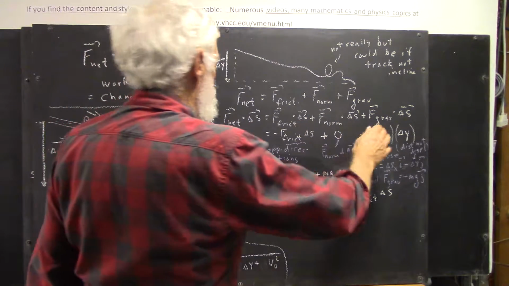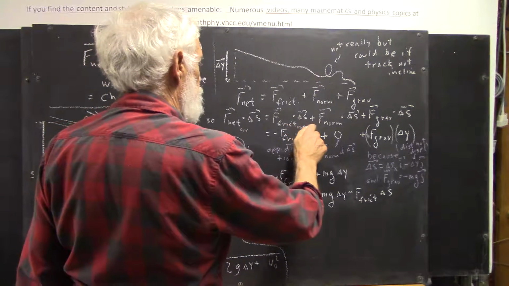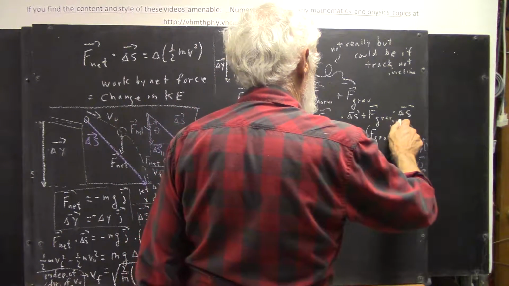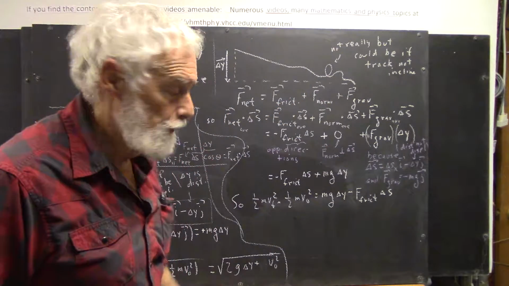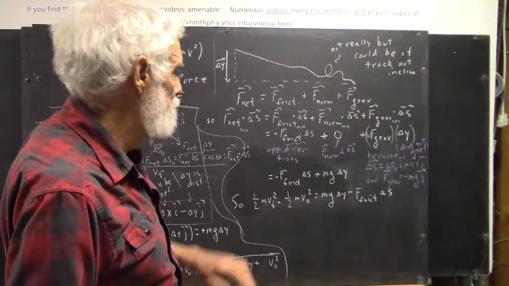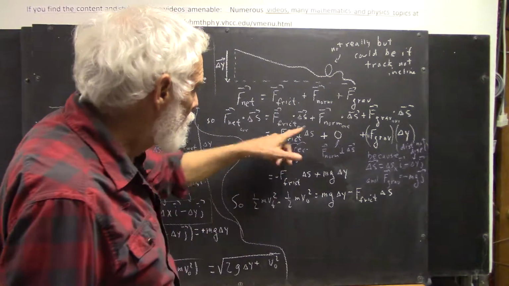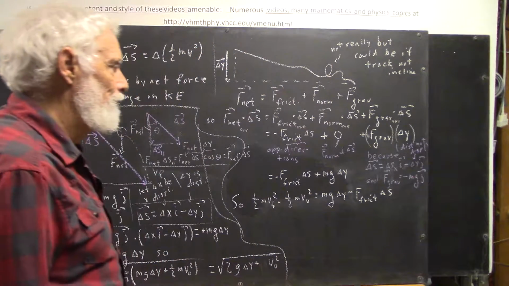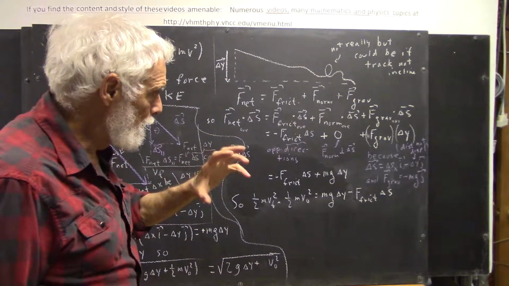Really, if I want to talk about this, and I think it was stated this way, I've got to have F net average, frictional force average, normal force average, and gravitational force average. And what we mean by taking the average of a vector force is we do a line integral of the thing and divide by the distance, or divide by its instantaneous, well, I don't want to say it, I can't write it down. It involves line integrals, and I'd have to think of just how to word that because I'm already losing track